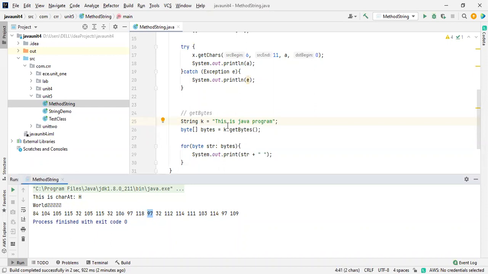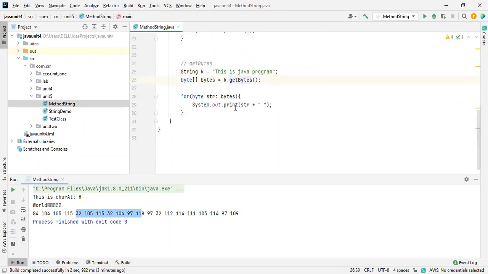From there onwards you have to represent it. The space is 32. So we are going to get the bytes. This is how we retrieve each and every byte from the string value.